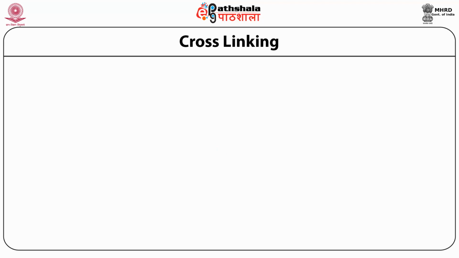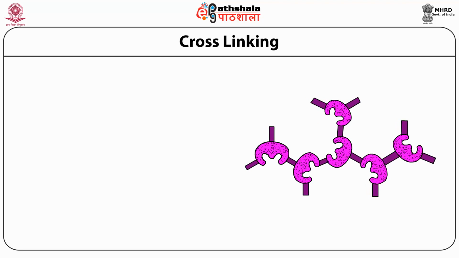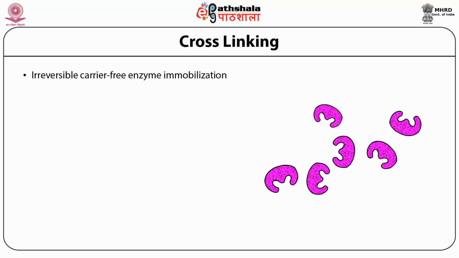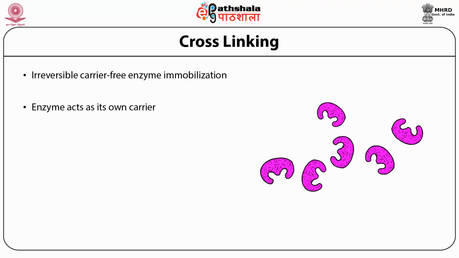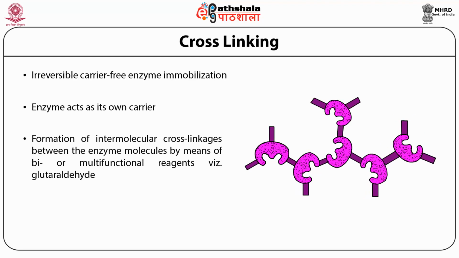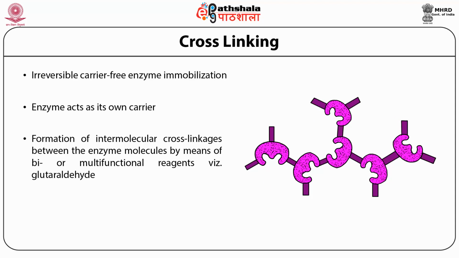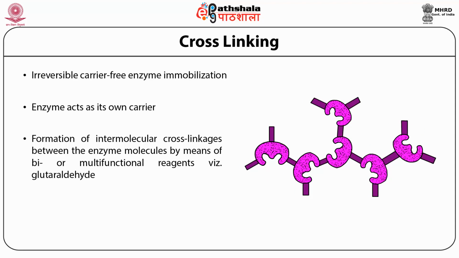The next method is cross-linking. It is irreversible. So what is cross-linking? Cross-linking is irreversible, carrier-free enzyme immobilization, so the enzyme acts as its own carrier. It involves the formation of intermolecular cross-linkages between enzyme molecules by means of bi- or multifunctional reagents such as glutaraldehyde,